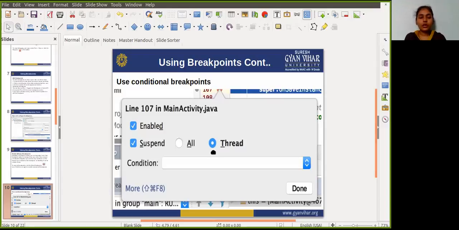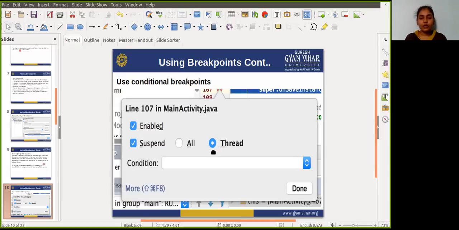Okay, so you can also use the breakpoint window to enter breakpoint conditions. The test you enter in the field can be any Java expression as long as it returns a boolean value.